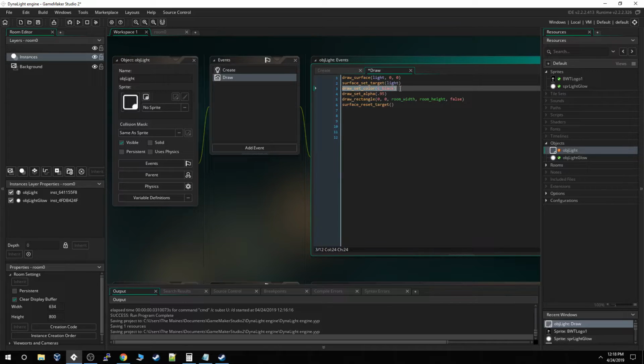We set our color, we set our alpha, and then we draw the black rectangle in the size of our room, room width and room height, on that newly created light surface. And then you always want to make sure that you run a surface reset target. A lot of these draw events, you guys know how it is. You want to just make sure that you